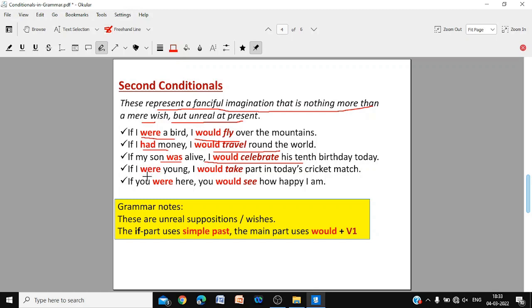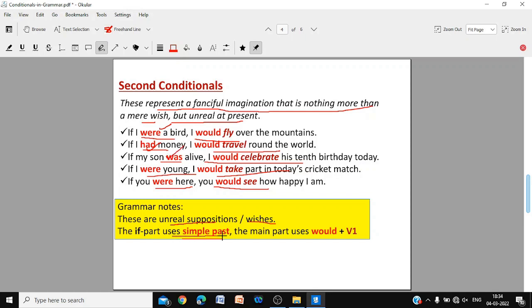It's a wish. If I were young, I would take part in today's cricket match. If you were here, you would see how happy I am, but you're not here at the moment. So, these are unreal suppositions or wishes which are not true. And the if part uses simple past. If I were a bird, if I had money, if my son was alive, the if part, the conditional part,